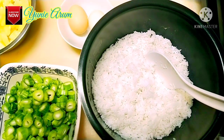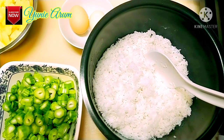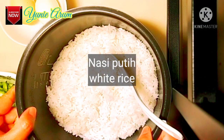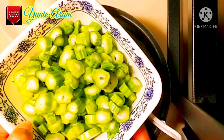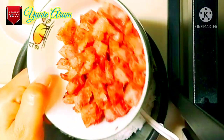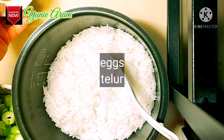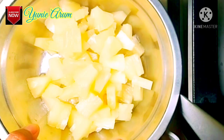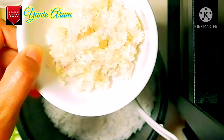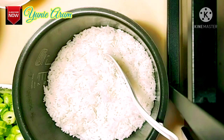Today Yunie Arum wants to cook Hongkong-style fried rice. These are the ingredients: rice, white rice, and then mustard greens, and then nugget beef, and then egg, and then pineapple, and this is garlic, and then shallot and ginger, and then we have